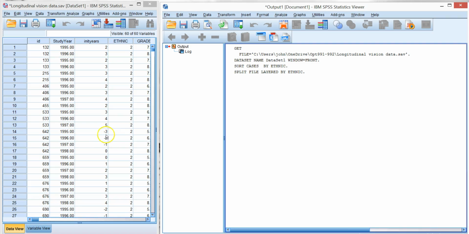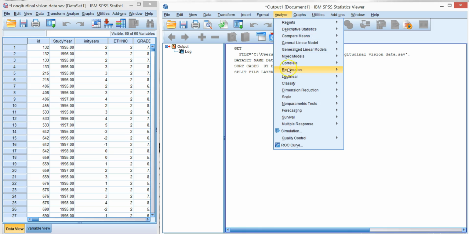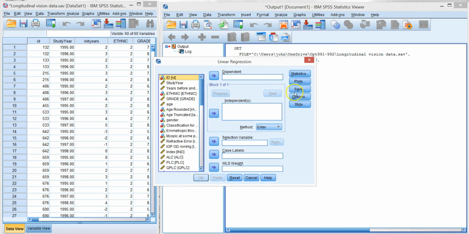In this video, we're going to discuss multicollinearity. Multicollinearity is an important problem, and to set it up, we're going to look at our longitudinal vision data set split by ethnicity. We're first going to do a regression, a linear regression